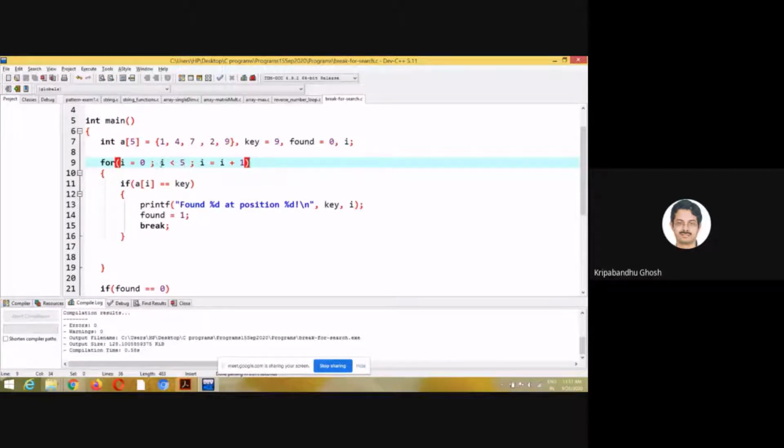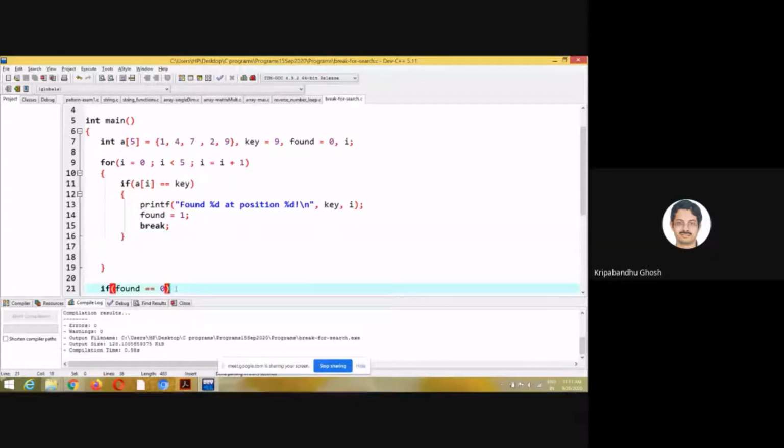Then it will terminate. Remember I said that there will be an initialization once before the loop starts, and after initialization there will be a check here. Only if this is true will this body be executed, and after this body is executed, there will be an increment and there will be a check again.